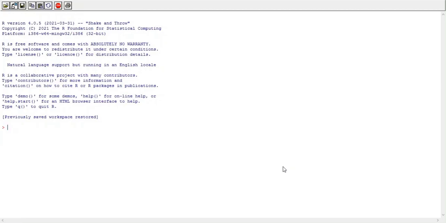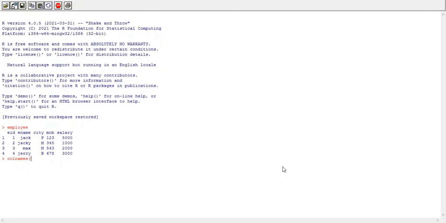So first we'll see how to change column names in data frame. So here I have one data frame called employee. This employee data frame consists of 5 columns: employee ID, employee name, city, mobile numbers and salary. So now we'll see some functions by using which we can change names of columns in data frame. So colnames function is there, colnames. By using this colnames function, we can either change the name of single column in data frame, or we can change the names of more than one columns of data frame.